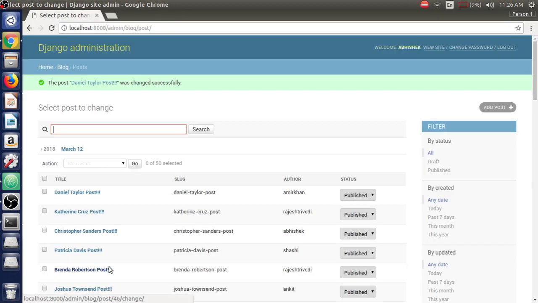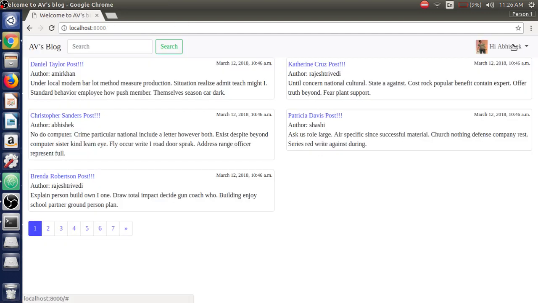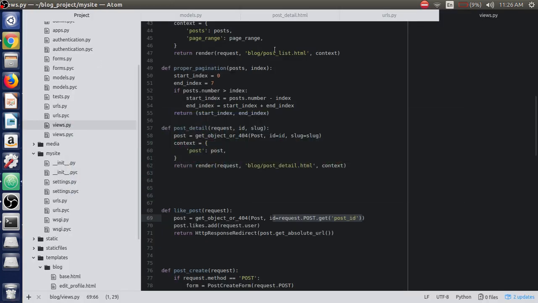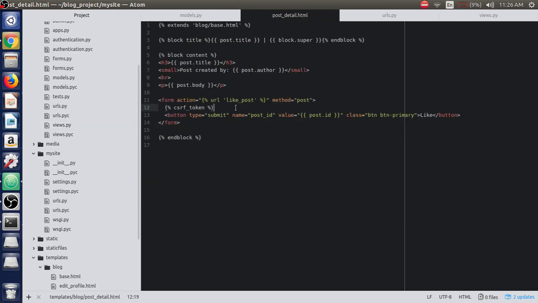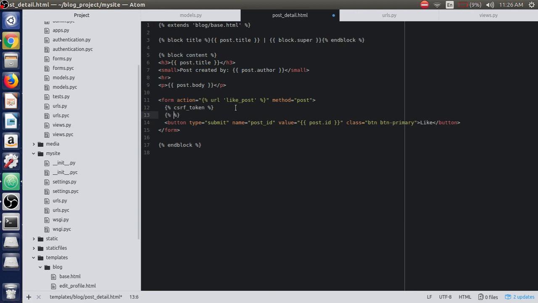Now the user should be able to dislike that post. So how can we do that? Just go to localhost 8000 and go to the Atom text editor and open up the post detail view here. Just after that, we'll write an if statement and write is_liked. That will create a context just after that, and if that is liked, we'll write here the dislike button. Just copy and paste it here,